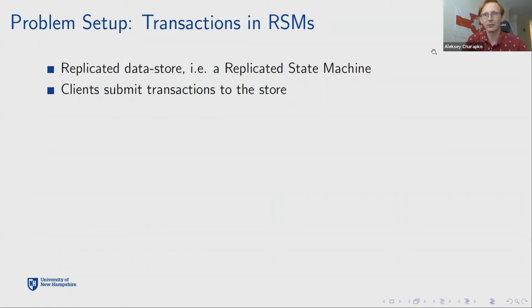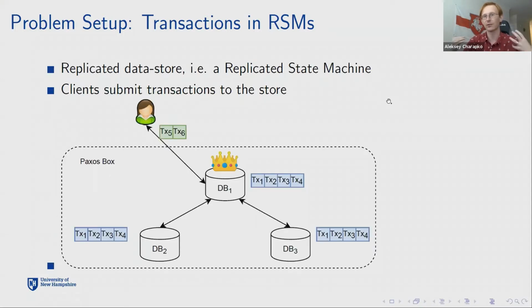So this paper doesn't consider sharded systems where maybe partition A exists on some subset of machines, partition B exists on a different subset of machines, and you do the transactions across shards. So that's not what they're trying to solve here. Moreover, they're not trying to solve the distributed part of the transaction itself as much, right? They already assume that you have this replicated state machine that copies the data, and we just need to make sure that all the nodes execute the transactions, and essentially have the same state.